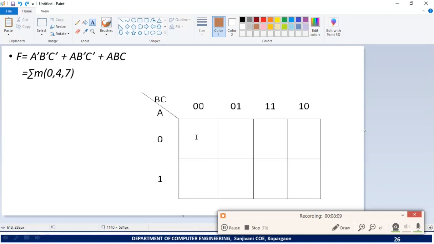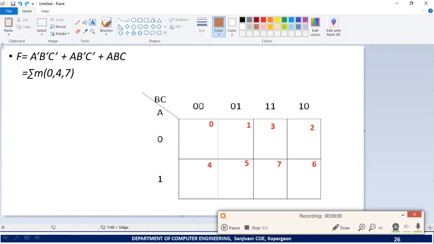Now we have seen that each and every cell present in a K-map corresponds to one particular minterm. Again, please try to understand this statement. For example, this first cell: which minterm will it correspond to? Yes, 0, right? So here 0, 0, 0. The next cell corresponds to 1. Then where is 2? 2 is here, so I can say that this particular cell corresponds to minterm 2. Then 3 is here. Then 4, then 5, 6 and 7 like this. So 4, after that 5, after that 6 is in the last cell and 7 is here.